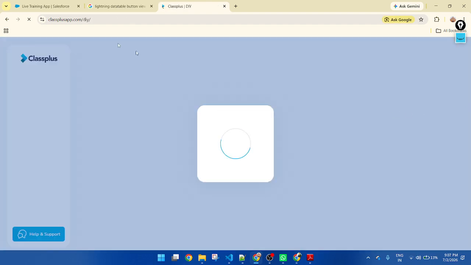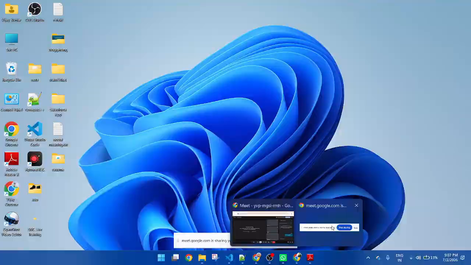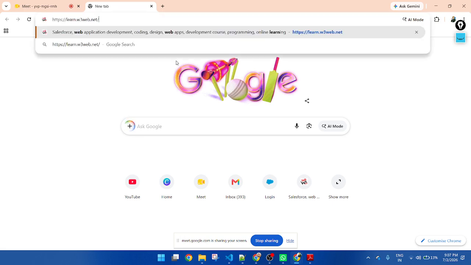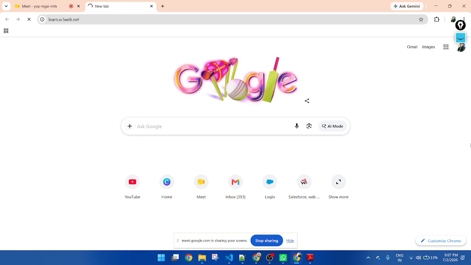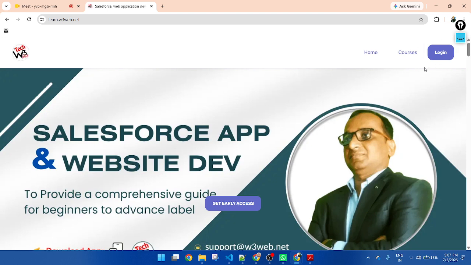Now you can see learn.w3web.net. Then click on the login button.